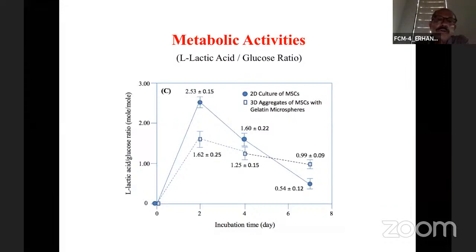We look at glucose in time. We're taking samples from the culture dishes. We look at glucose consumption and lactic acid production. The lactic acid production to glucose ratio shows the metabolic activity. If it is low, it means that activity is high. So here, as you see,